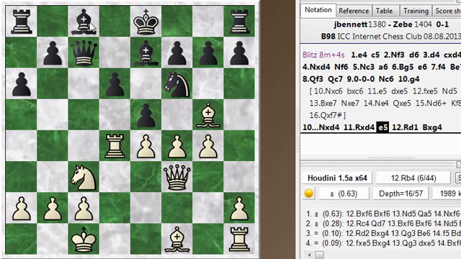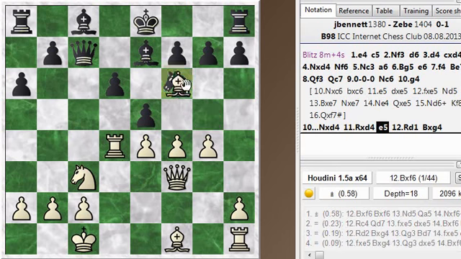But the second threat is the bishop is threatening to take here on g4, supported by his knight. So there's sort of two threats going on. So if I play bishop takes f6,